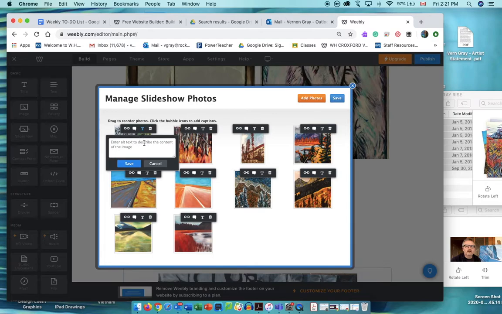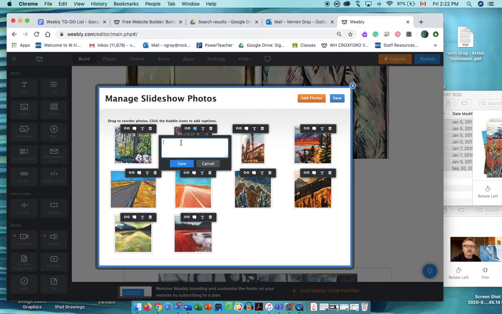I can put a caption, hit cancel here. Okay, so captions is the little speech bubble, and then text would be if I wanted to put a text. So I'm going to put caption, actually I'm going to go to this one because I forget the name of that one. So I'm going to go here, I'm going to put my caption, and so my title, capitalize it, is Nakota